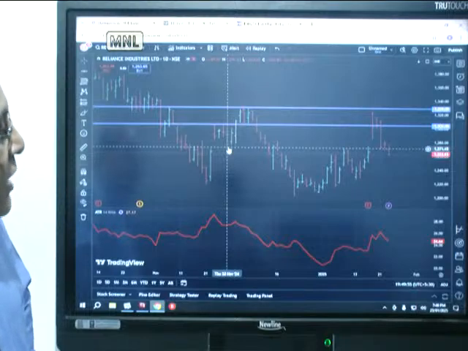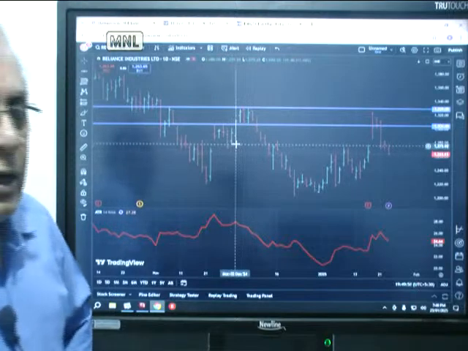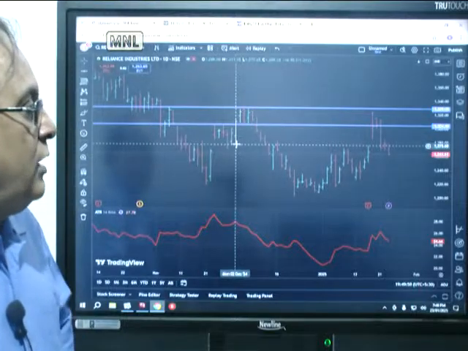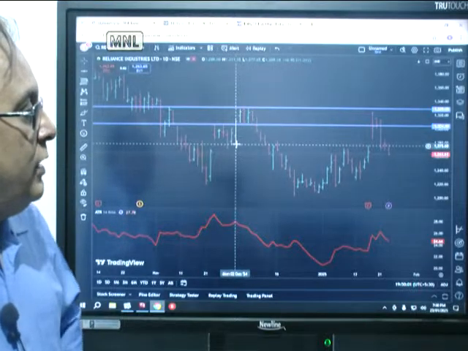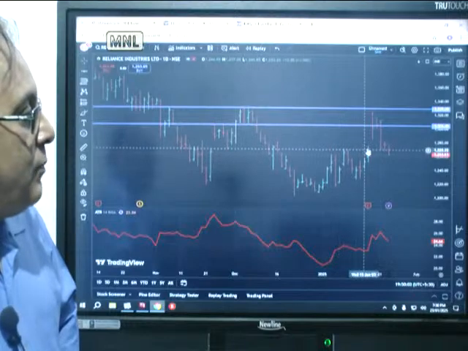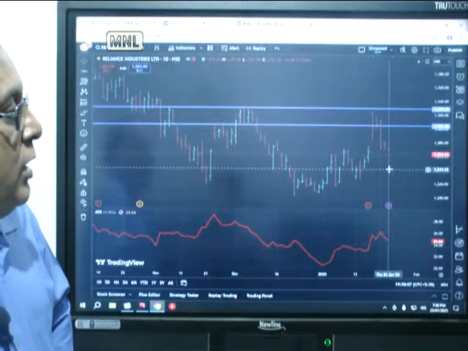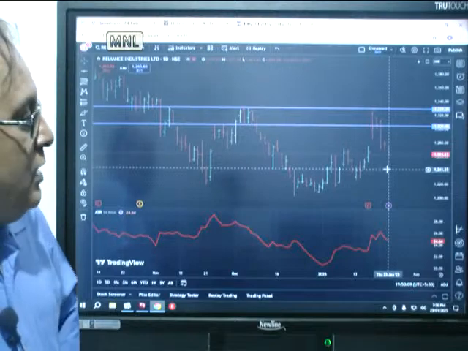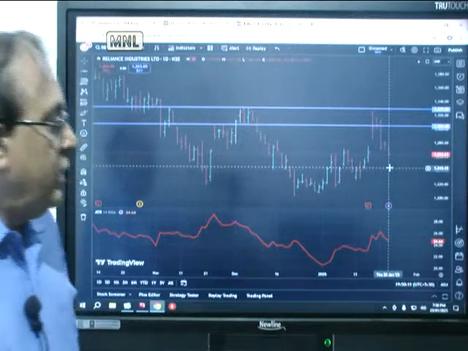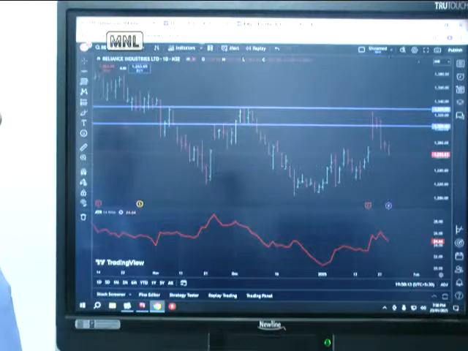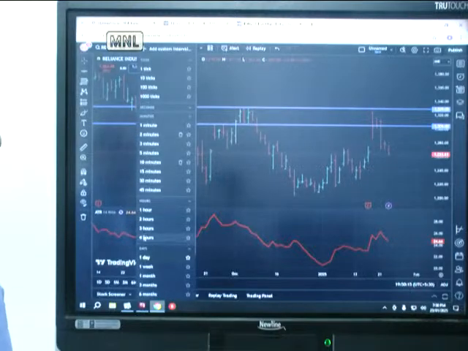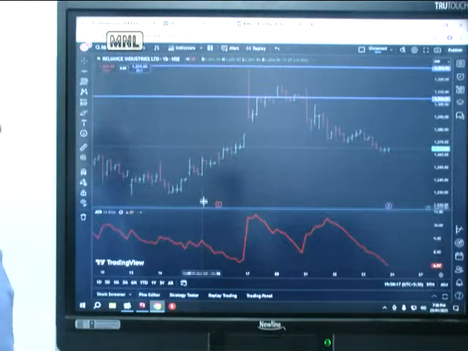Anything below 1269 itself is not a very conducive thing as far as Reliance is concerned, and also that gap has been closed. So what gap came, that has also been closed. So below 1269 now it looks to be on the lower side, and it could move further lower, probably touching that same 1200 levels. Now if the same chart, you look at it in the hourly chart, let us say,